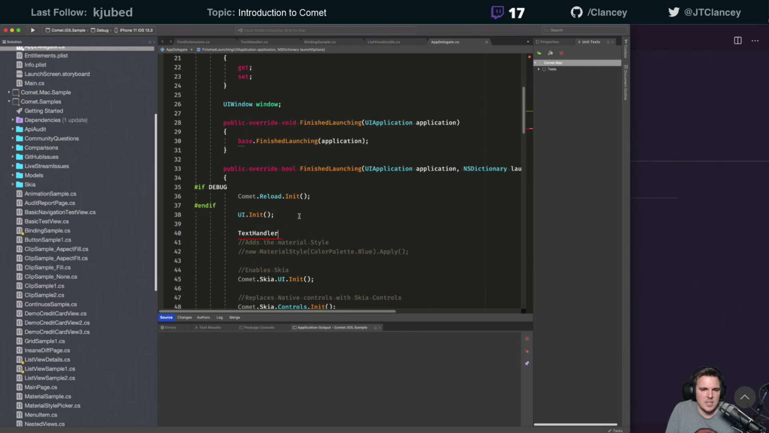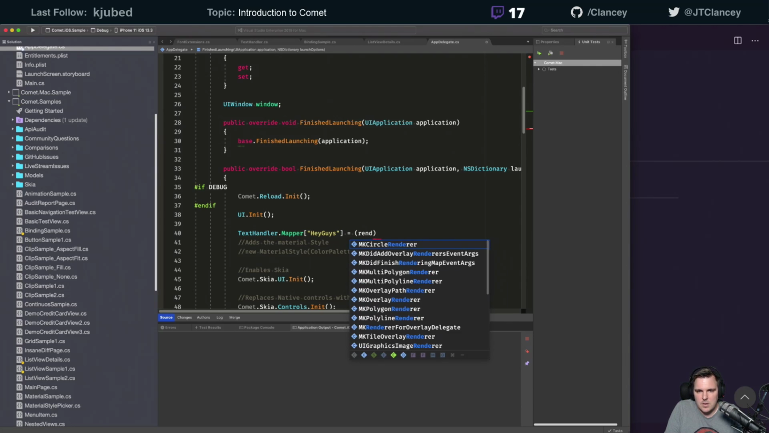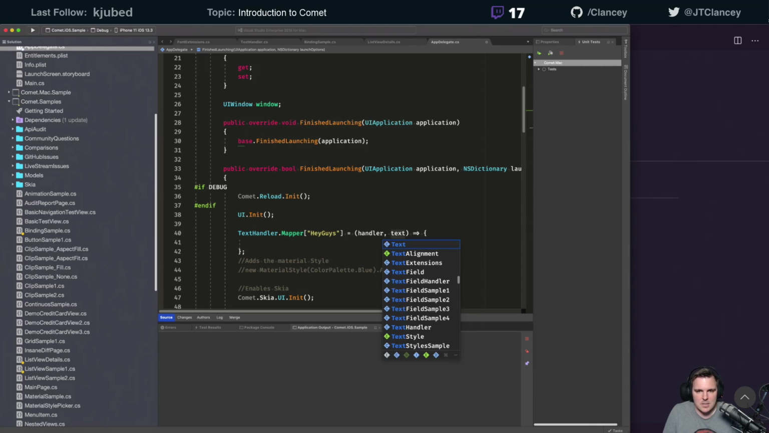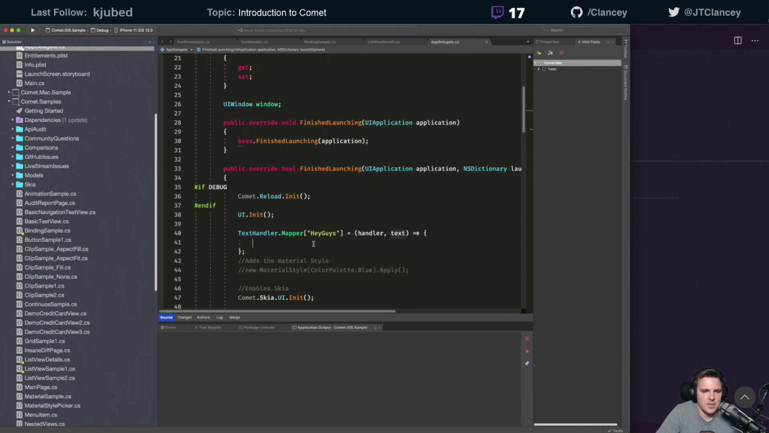Go into my text handler and say mapper. Hey mapper, tell me when "hey guys" fires. Handler view. And that view is actually going to be a text, because I'm doing this in a text handler. So now text handler, whenever it runs into a label that has that property set on it,